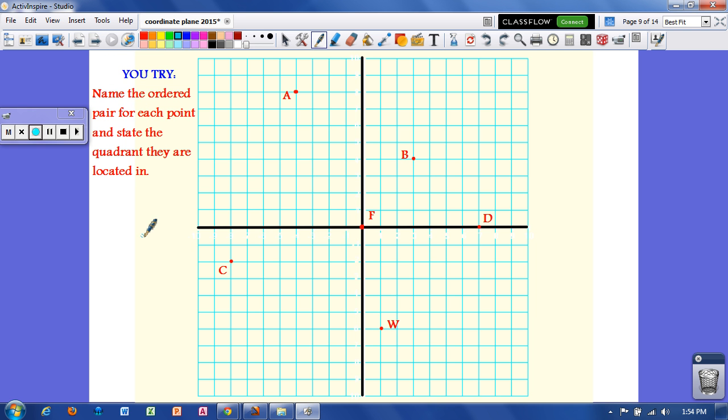All right, now it's time for you to try. I want you to name the ordered pair for each point and state the quadrant they are located in. Remember, there are 4 quadrants, and then keep in mind that you want to move x before you move y. Make sure you have the You Try